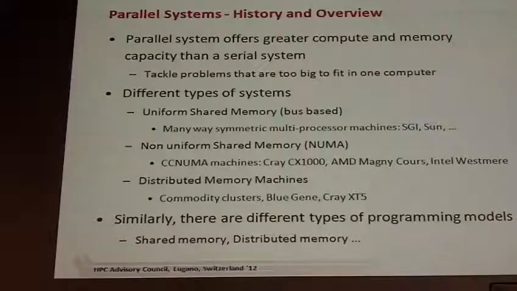And then, of course, we have distributed memory machines. That means each node has its own memory, and we are trying to connect all these nodes. These are the commodity clusters, or Blue Gene, or Cray XT5. So these are the very basic principles of how the processor interacts with the memory. So to